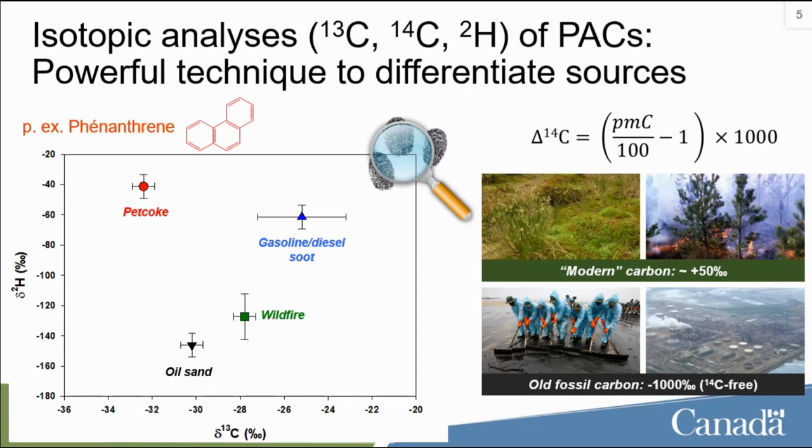Here's another of Jason's. Here's a fingerprint. So here's the petroleum coke. Here's raw oil sand, wildfire, gasoline on a deuterium carbon-13 plot. So you actually have end members, and you can do compound-specific isotopes on some of these organic molecules. You can start figuring out and modelling where you sit in that space. You also have radiocarbon, Δ14C. Modern carbon is about plus 50, and fossil carbon is minus 1,000 with C14, and that gives you another mechanism to look at